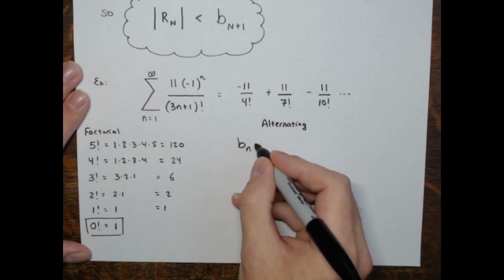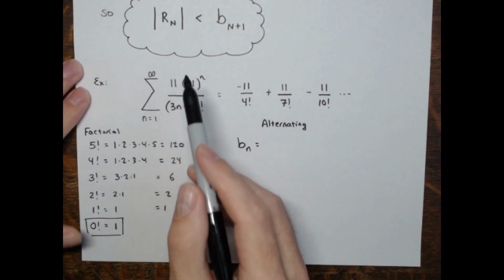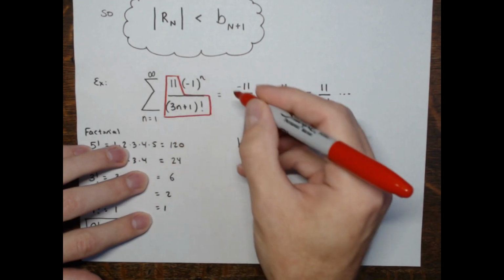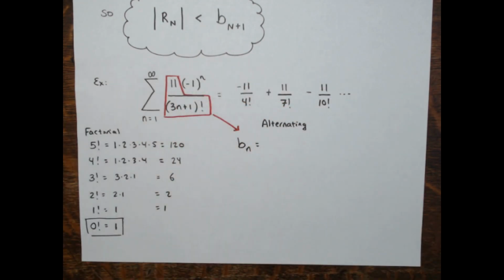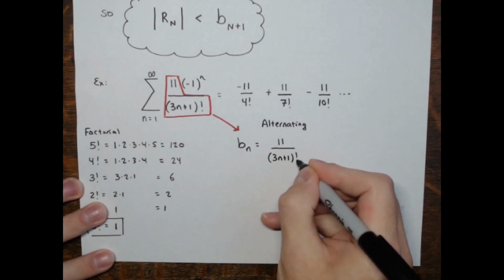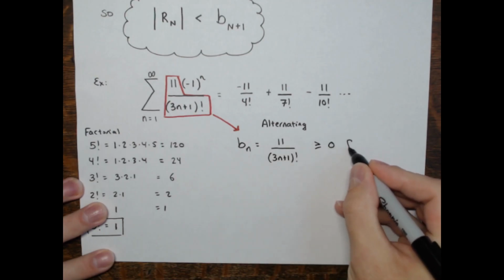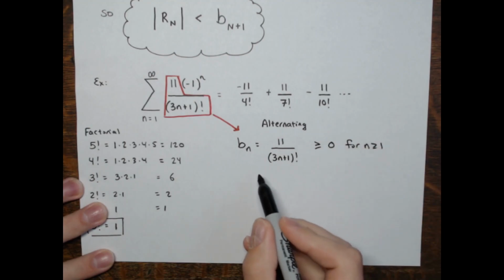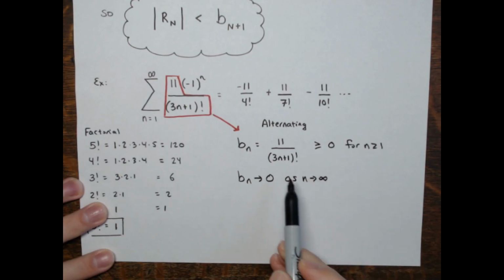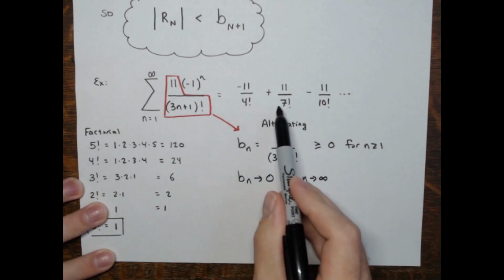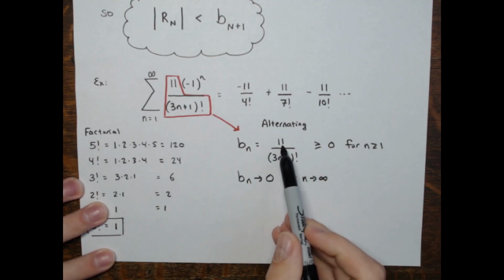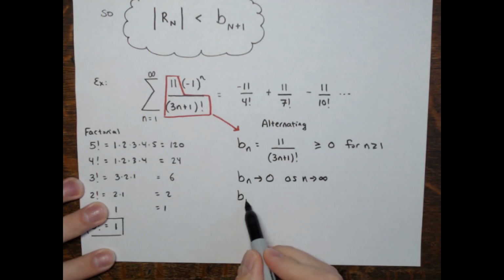And the b sub n here, what terms are alternating is the stuff that's not attached to the power of -1, this here. That's your b sub n that I was talking about before. It's this 11 over 3n plus 1 factorial, which is definitely non-negative. Right? It's non-negative, definitely approaching 0, right? Because the denominator will be getting very, very large: 4 factorial, 7 factorial, 10 factorial, 13 factorial, and so on. Getting much, much larger than the numerator, which is just 11. So it's definitely approaching 0 and decreasing,